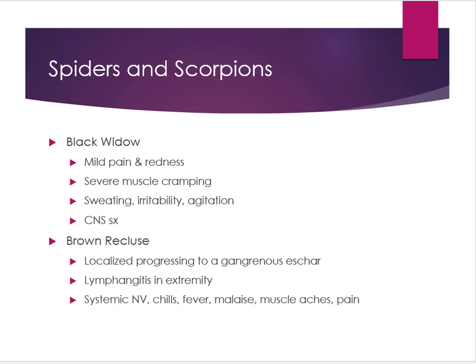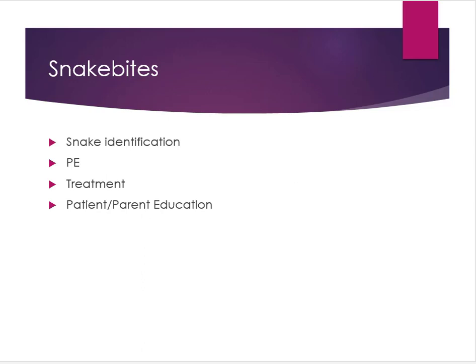If there's extensive necrosis, a surgical intervention may be needed. Okay, snake bites. There are over 600 different species of venomous snakes that can cause anywhere from 100,000 to 125,000 deaths per year. On our history,